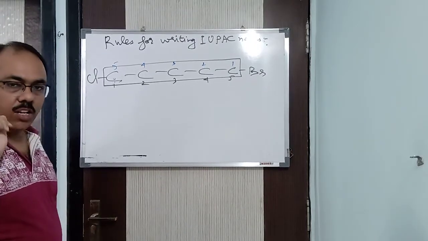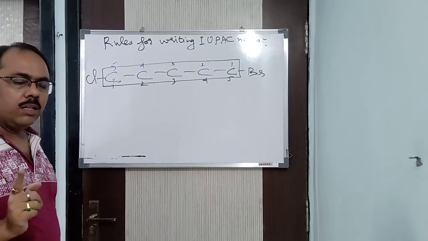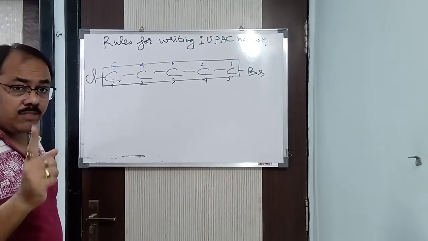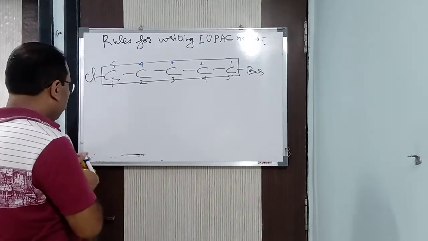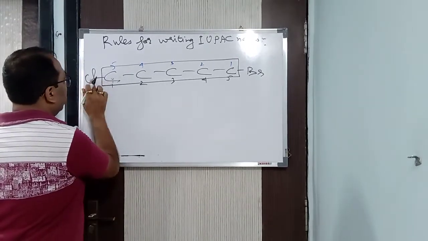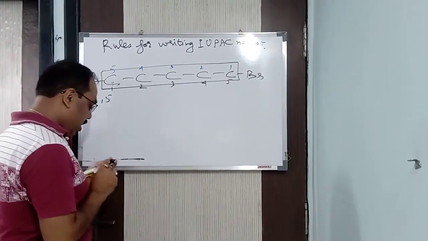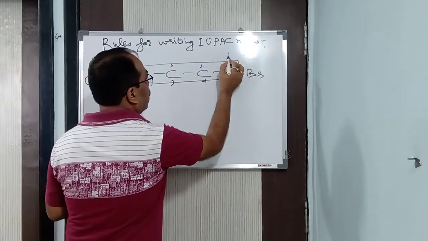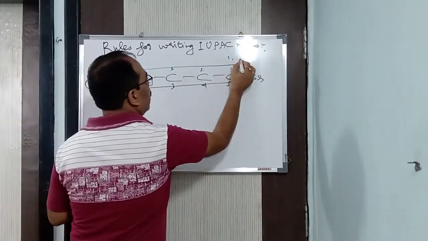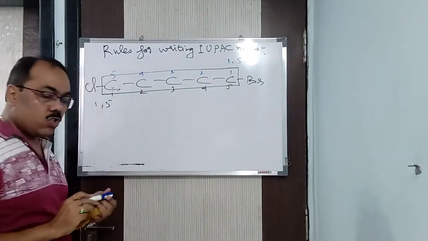Here, listen carefully, if the locants are coming the same from either end, what are the locants? Here, in black, you see, the locant is in the first position and in the fifth position. And in blue, the locant is in the first position and in the fifth position. Same now. From either end it is the same. The locant is coming in the same position. So what is the rule saying?